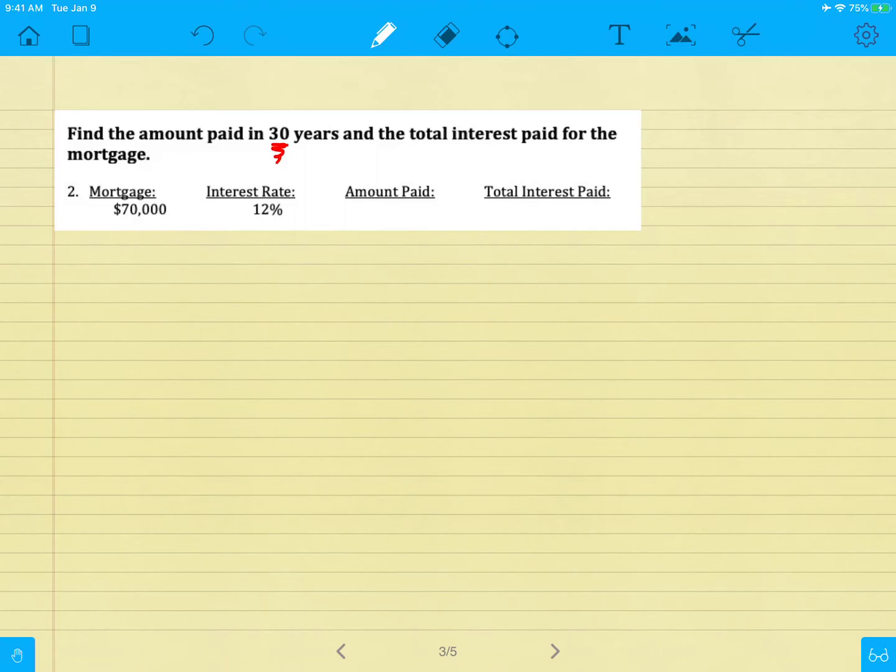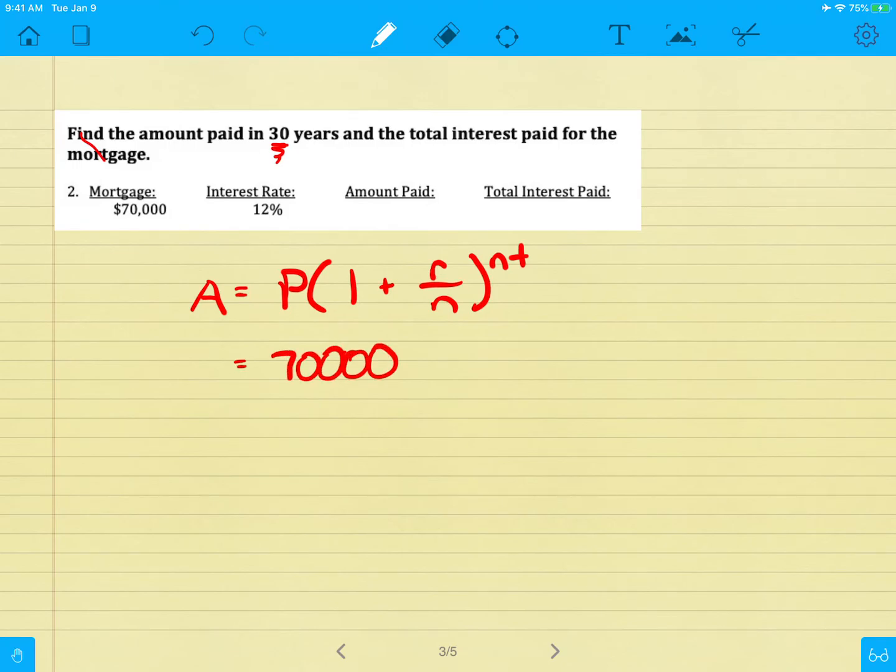So the formula, if you didn't remember from the first page, the amount you're paying total is the principal times 1 plus your rate divided by n, to the nt. So the idea is that my principal, my amount that I'm borrowing, is $70,000. My rate is 12%, so 0.12. We're going to go for 12 months, 12 months for 30 years. So this is all the numbers that we need to have. I'm going to switch up the color here. All right, so now